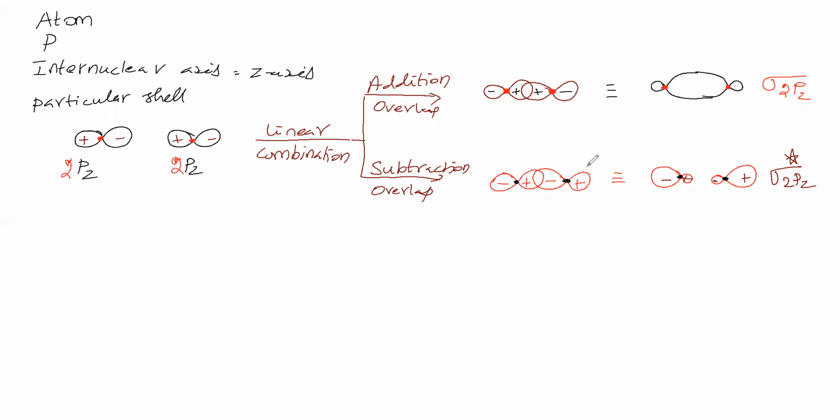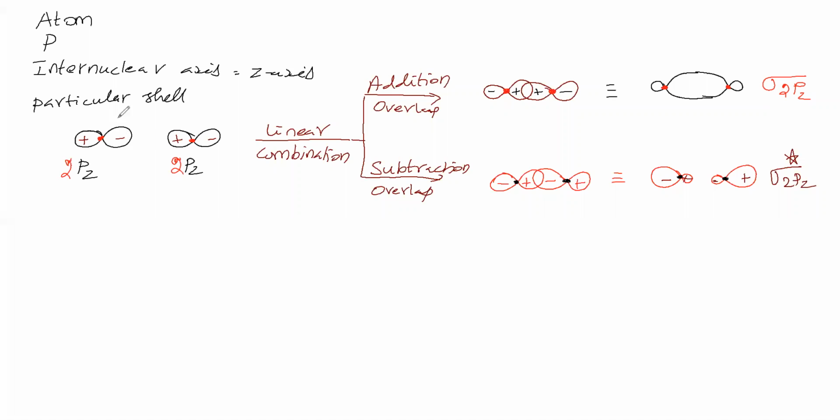That's why 2pz atomic orbitals undergo linear combination. Therefore, two 2pz atomic orbitals on linear combination give sigma 2pz and sigma star 2pz. What about their energies? Sigma 2pz energy and sigma star 2pz energy, that we will see. This is a bonding molecular orbital. Bonding molecular orbital energy will be